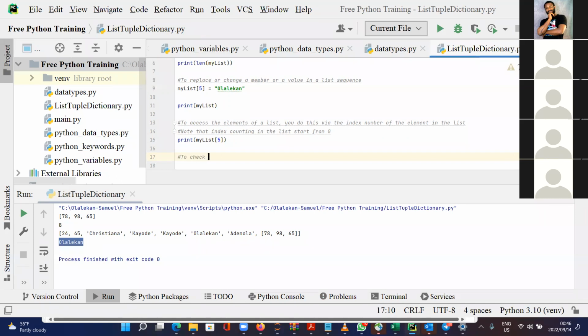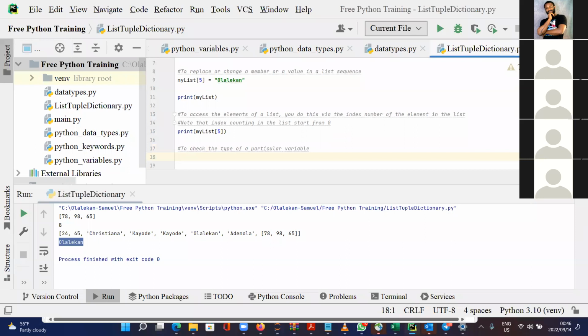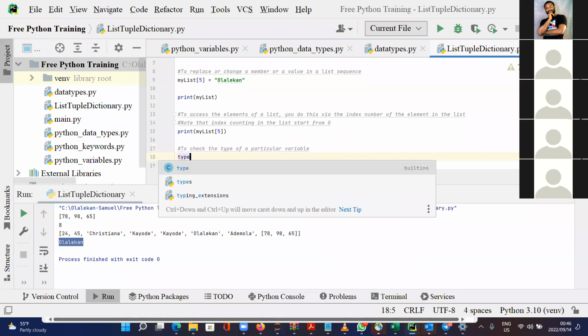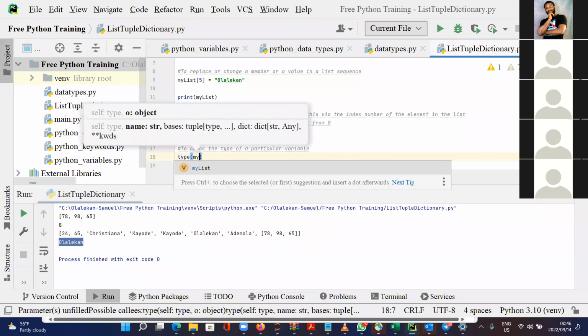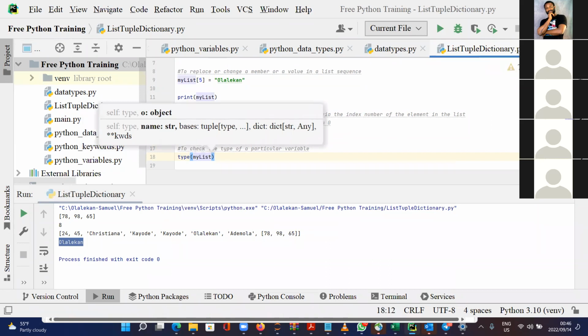So to check the type of a particular variable, right? You just say type in bracket and the name of the variable. Let's say my list. Because I want this to display, I'm just going to say print,